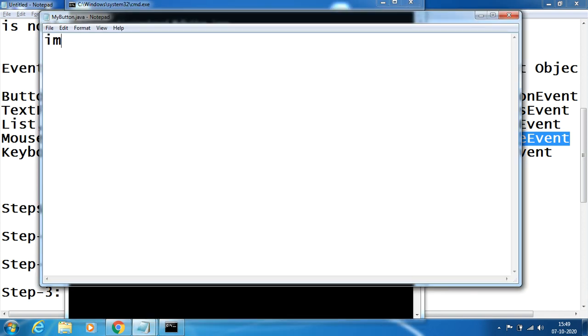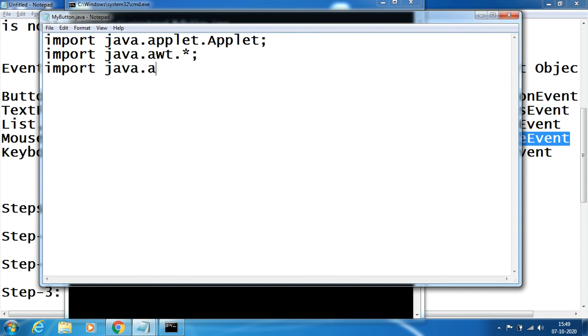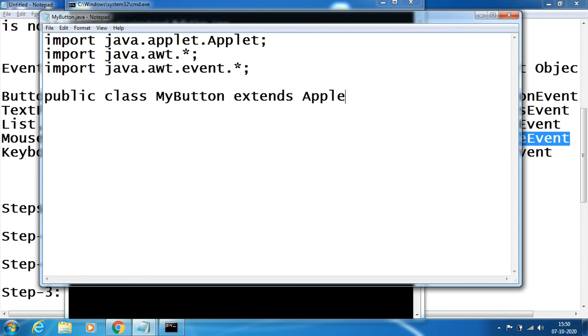Again the same logic: import java dot applet dot star, import java dot awt dot star, import java dot awt dot event dot star, and start the class. Public class MyButton extends Applet.